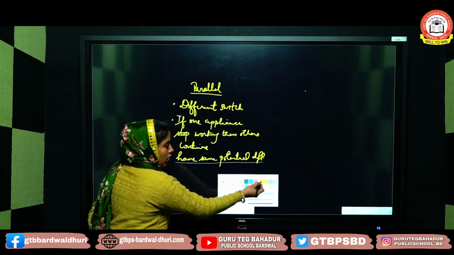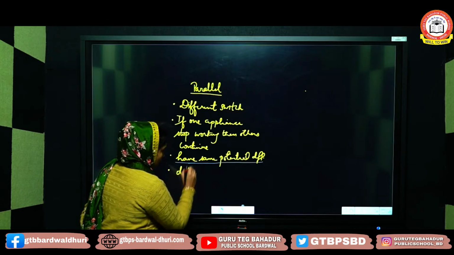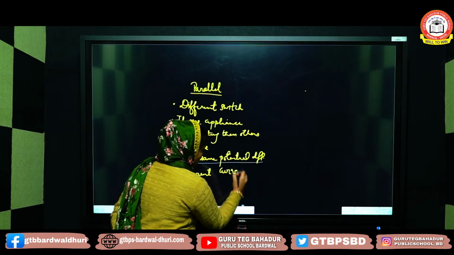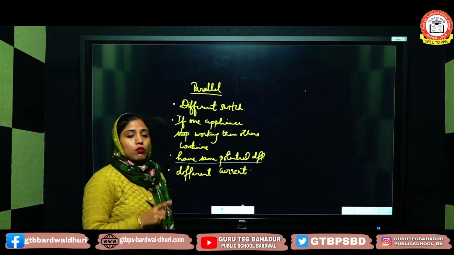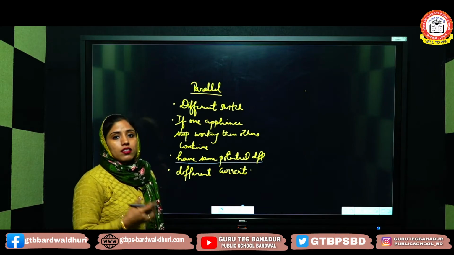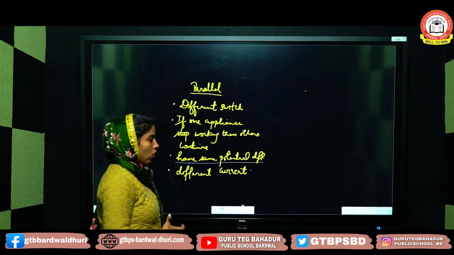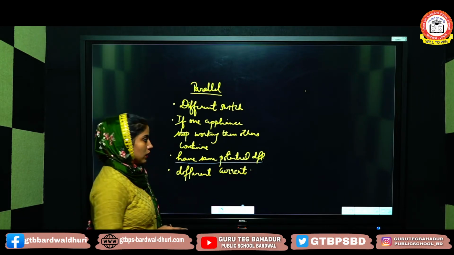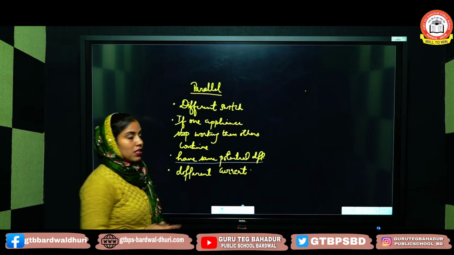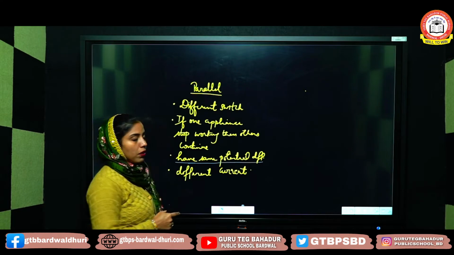Then the next thing is that all our appliances get different value of current. For example, at our house an AC needs more current as compared to a fan, and an LED needs less current as compared to a bulb, filament bulb. So means according to their requirement they draw current. Current is not same for all the appliances, so that is why the different current is drawn by all the appliances in parallel combination. So these are important things that we have to keep in our mind if we are talking about parallel combination.